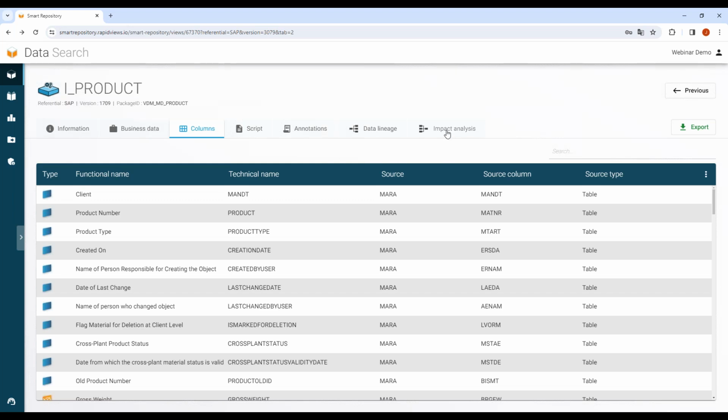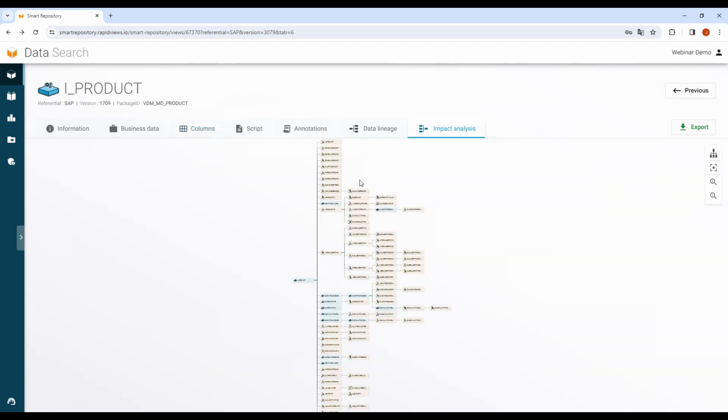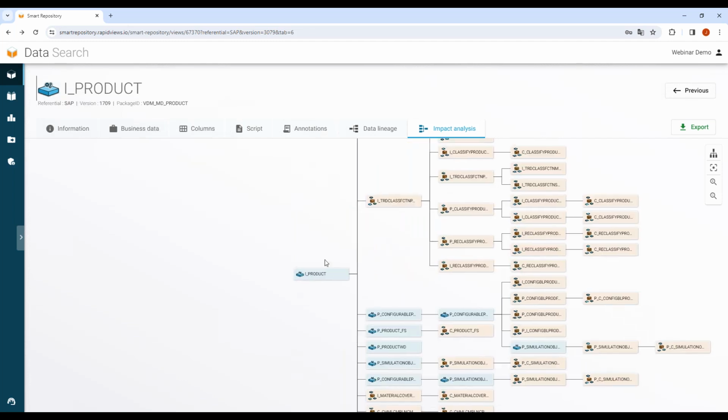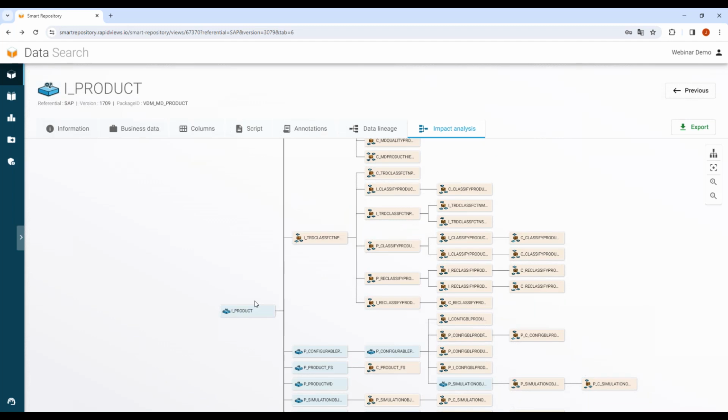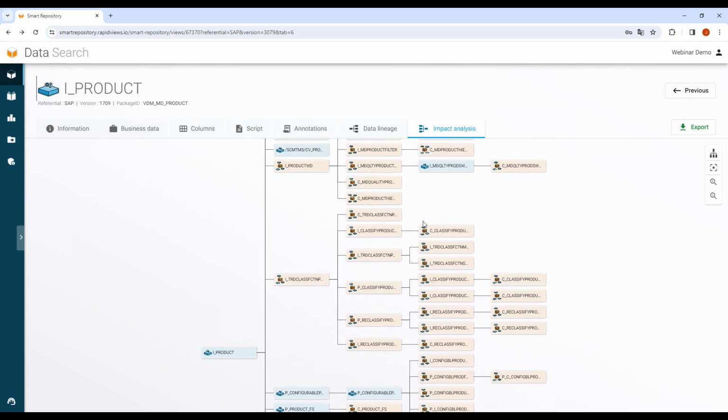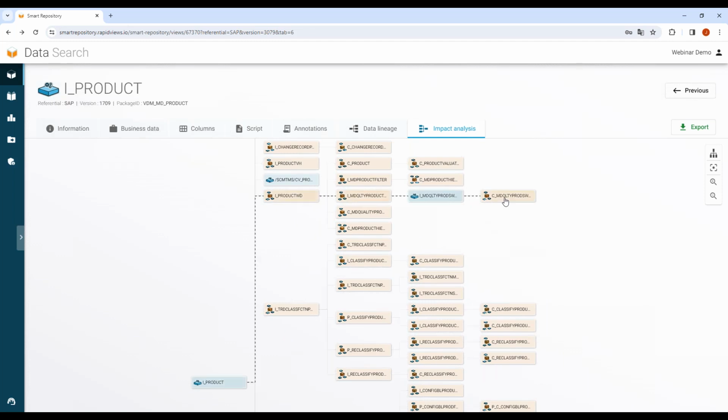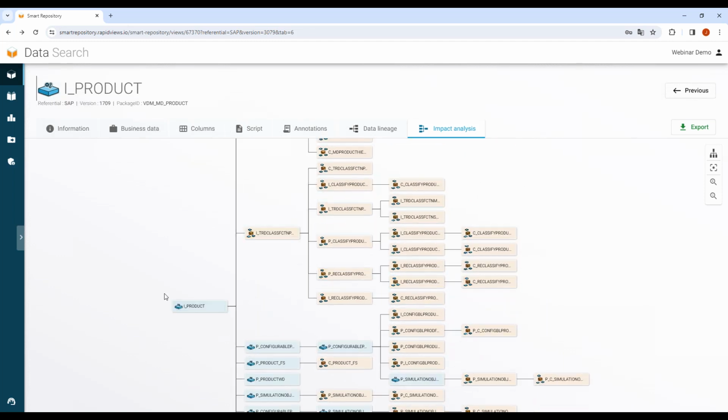If I want to see where this view is used, I can launch an impact analysis on the E-Product view, and I can see in the SAP referential all the other views that use the E-Product view. I can decide to start my development from this cube view or another cube view, or directly reuse the E-Product view. I can navigate top and down through the lineage in the SAP referential. So in this case, you only open a CDS view, and we have the data lineage from a table to the overall view. That could be, as you say, cubes or fact tables or dimensions. Yes.